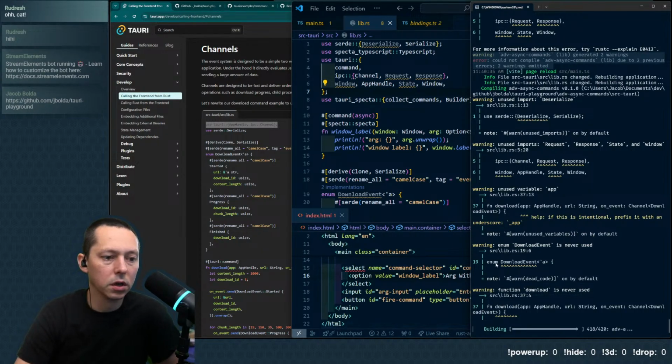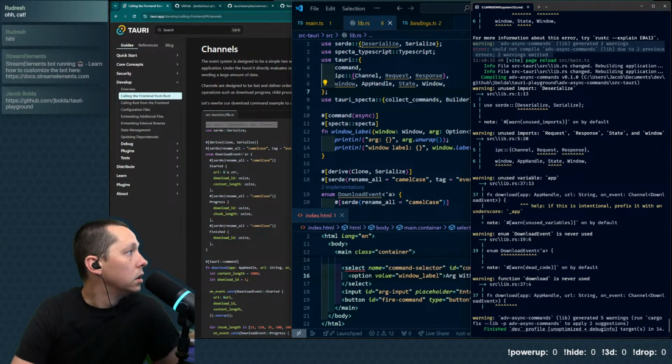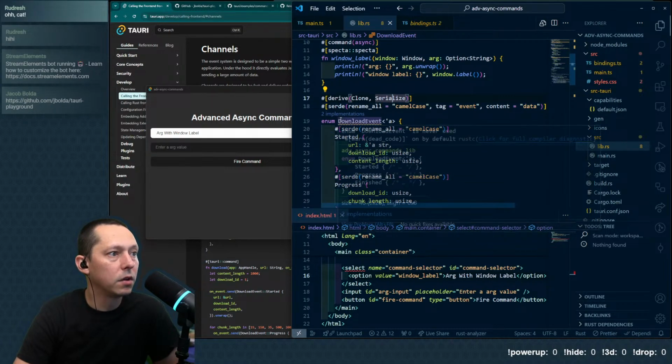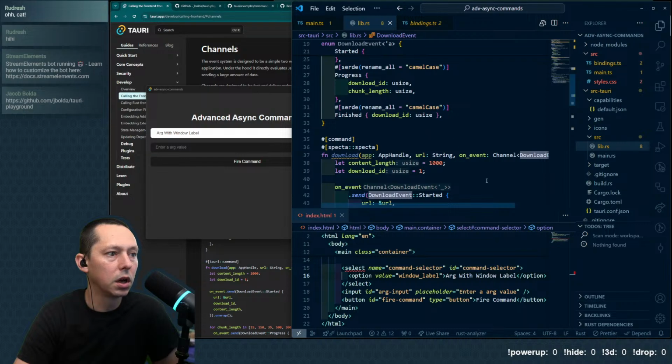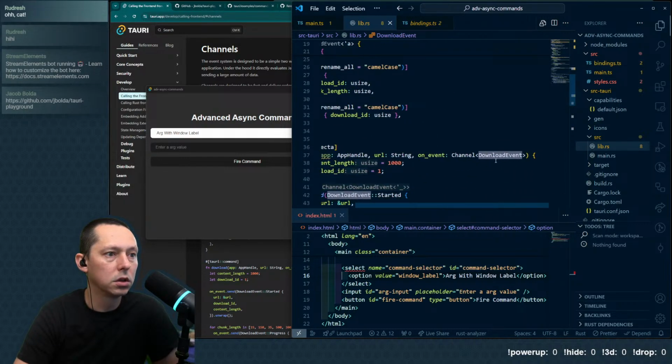So there's a bunch of warnings about unused things, but that's not a big deal. Some of this is just, if you're doing something like this, having that enum available is nice. Even though it's not really used downstream of this at all, and it's just specified here, that's fine.